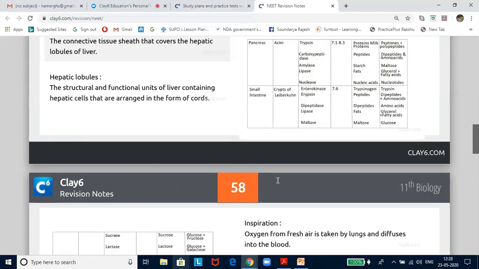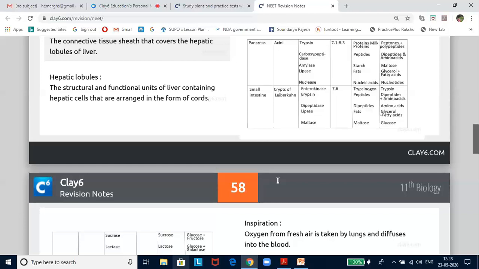Now let us look into digestion of carbohydrates in the alimentary canal. About 30% of the food starch is hydrolyzed in the mouth. The salivary amylase is inactivated when the swallowed bolus enters the stomach, because this enzyme is inactivated at the lower pH of the gastric juice. The gastric juice contains no carbohydrate digesting enzyme.